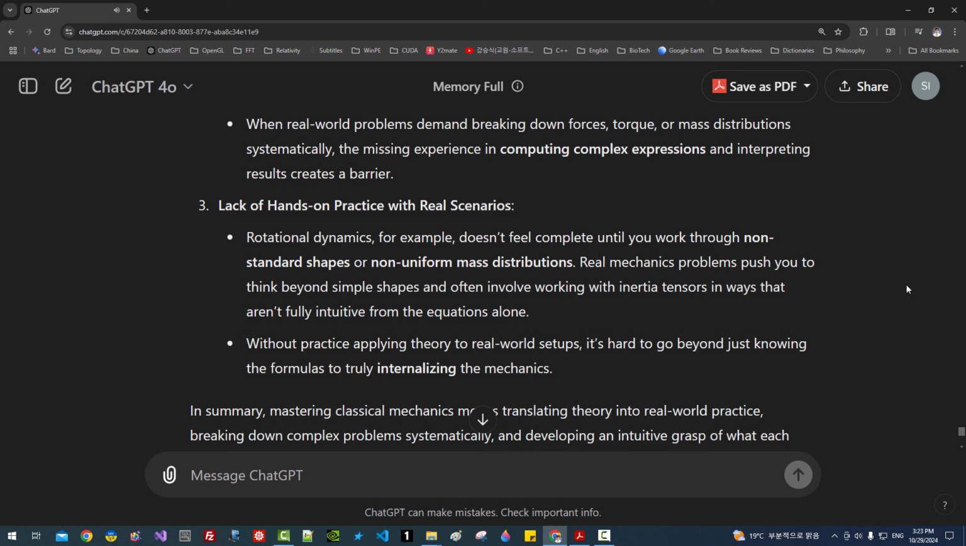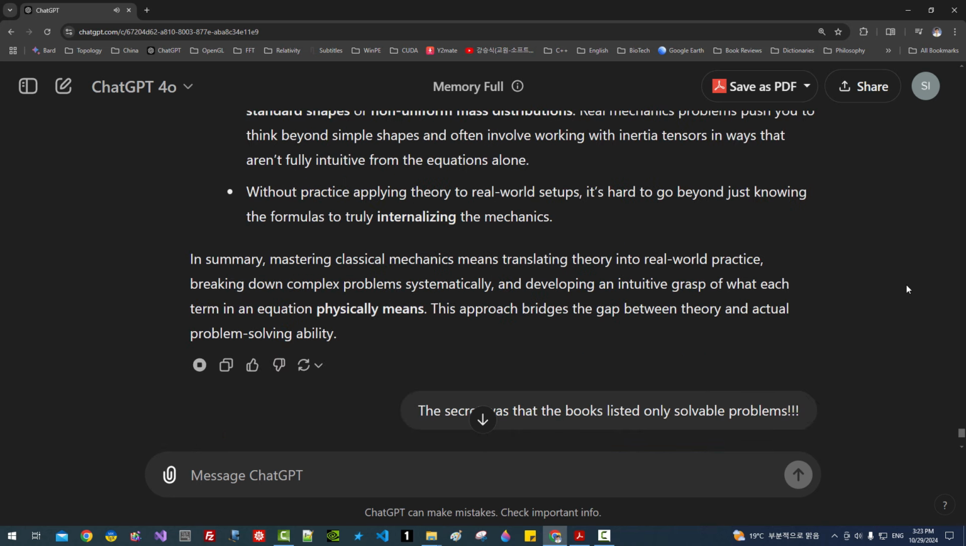3. Lack of hands-on practice with real scenarios. Rotational dynamics, for example, doesn't feel complete until you work through non-standard shapes or non-uniform mass distributions. Real mechanics problems push you to think beyond simple shapes and often involve working with inertia tensors in ways that aren't fully intuitive from the equations alone. Without practice applying theory to real-world setups, it's hard to go beyond just knowing the formulas to truly internalizing the